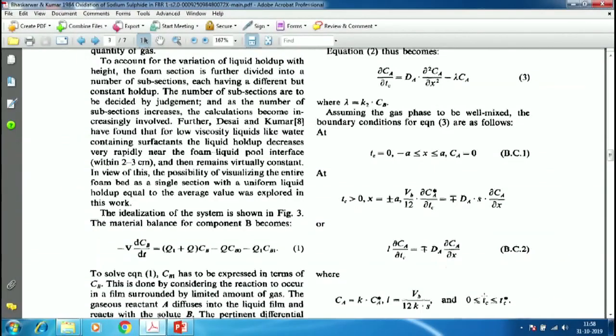So, if you see the equation here, you see on the left hand side Vb by 12 dou Ca star by dou Tc, and it may not be clear to you at this moment what is that Ca star, or even physically what would this be coming from. But let us come to the easier part. Look at the right hand side. It is minus or plus dAs dou Ca by dou x. That is familiar to you. Minus dA dou Ca by dou x, that is a flux.